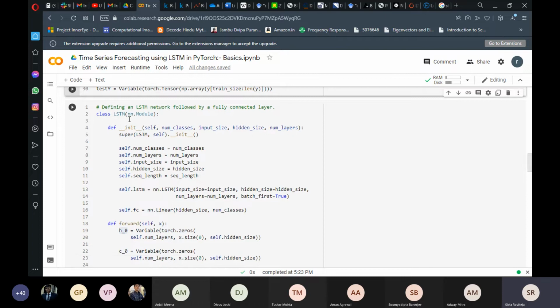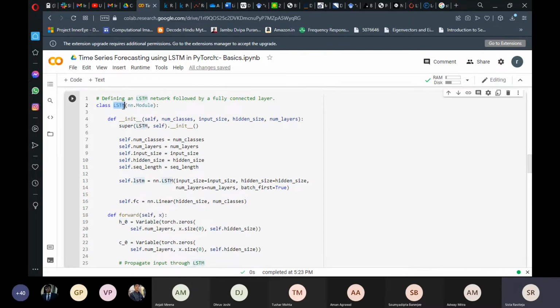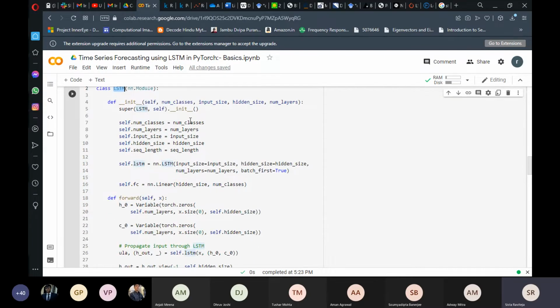Sir has already covered the RNN part and how RNNs differ from LSTM models: LSTMs have an extra gate, the forget gate, in addition to the RNN, which makes them perform better than conventional RNNs. I'm not going to touch on the details, but I'll show you how practically you can create an LSTM model, give your input size and other things, and then run it.